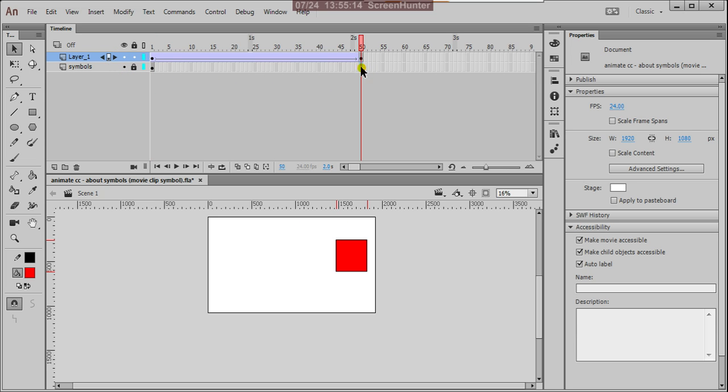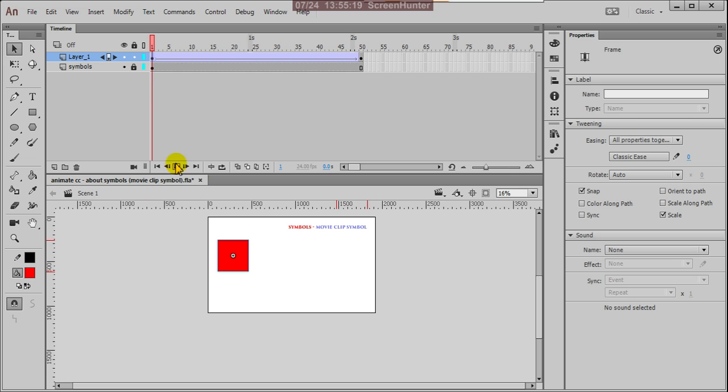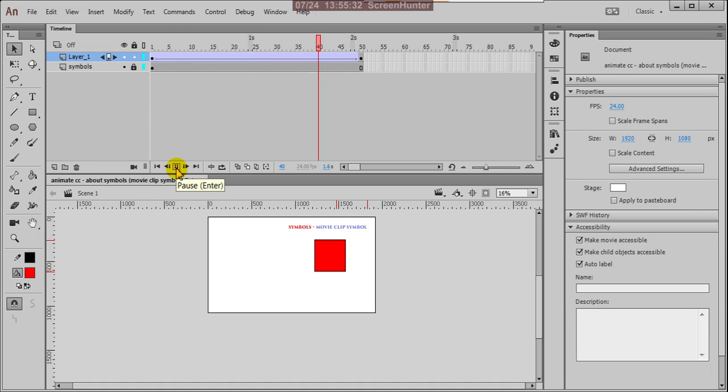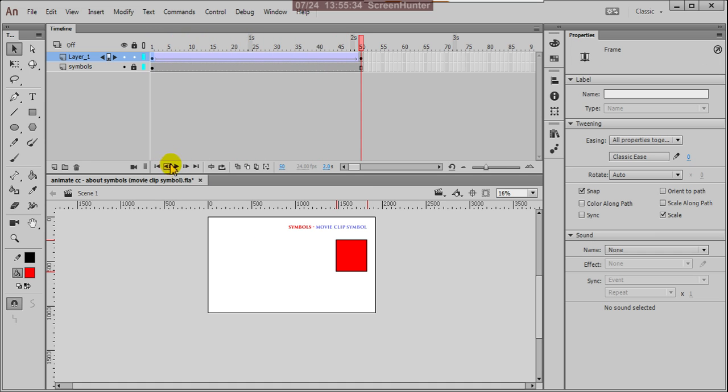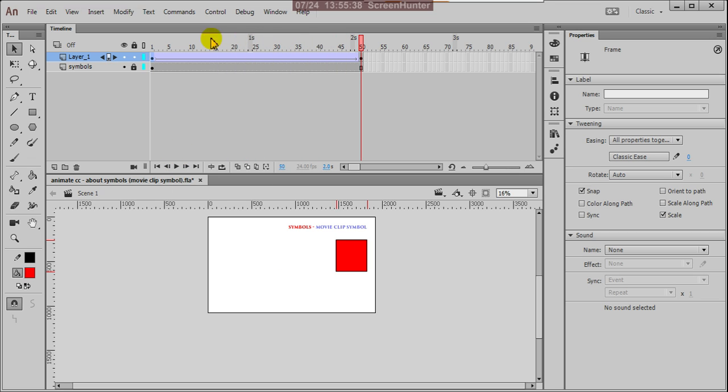So the symbol you can extend up to here. This is your default Flash player here. Here we can press the play button so that you will understand the action going on. If you want to move your animation continuously, there is a loop button.